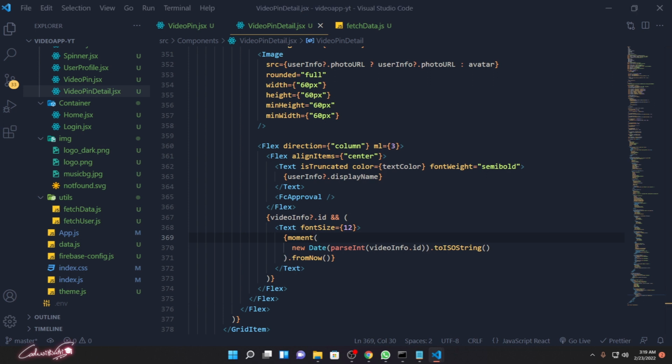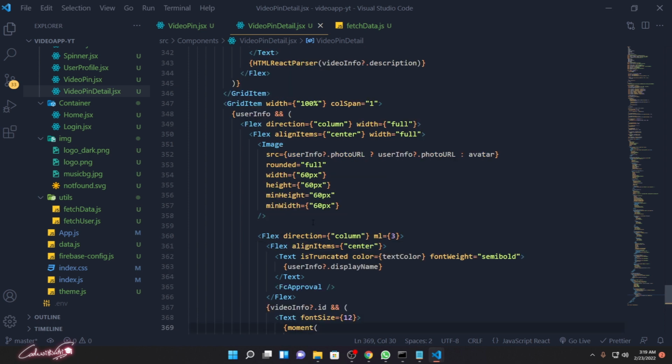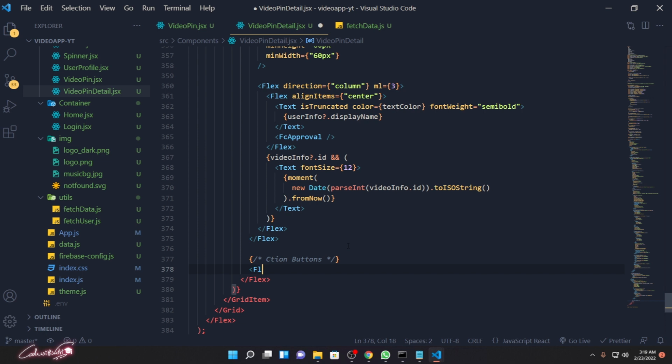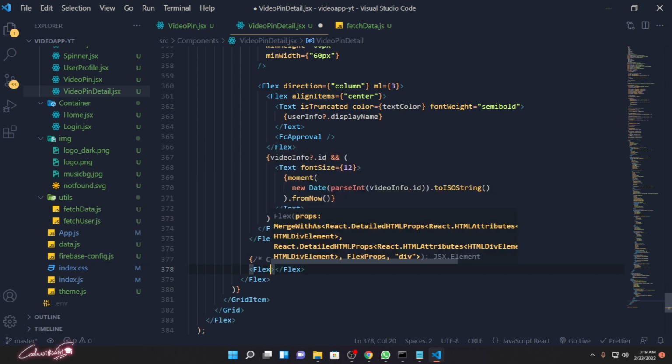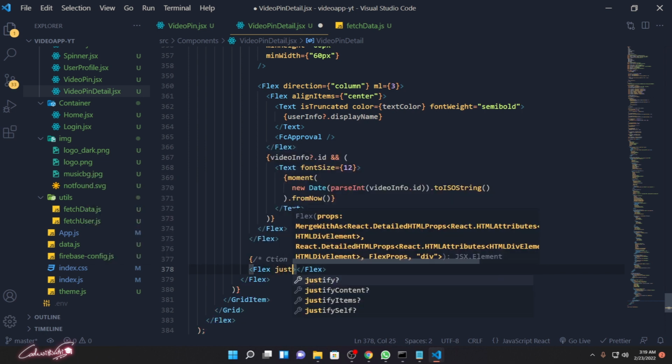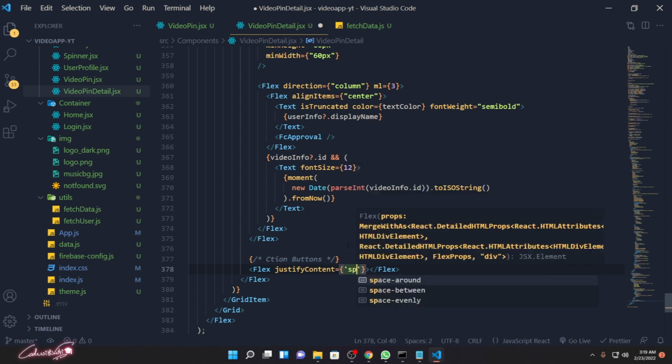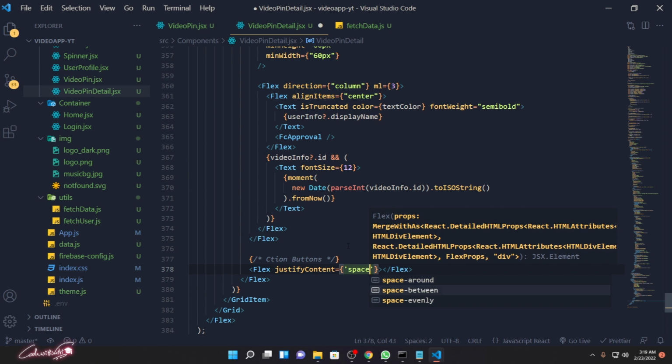Okay, so then what we need to do is we need to bring up this flex box over here, right after here. This is the action buttons. Okay, so what we are going to do, we are going to create one more flex, and justify the content. You can use space between or space evenly, something like that. Okay, so I'm going to say space around,